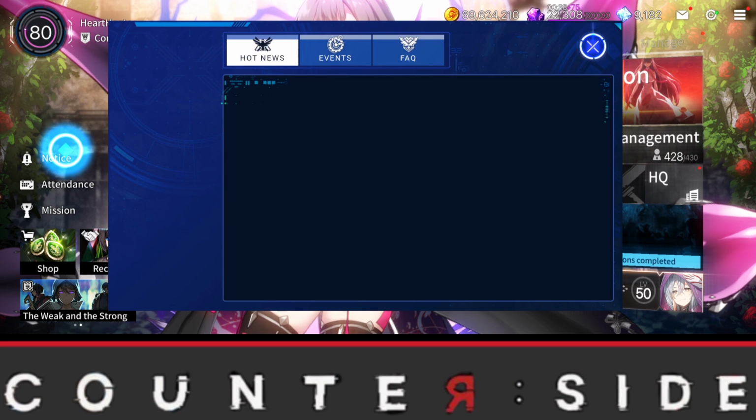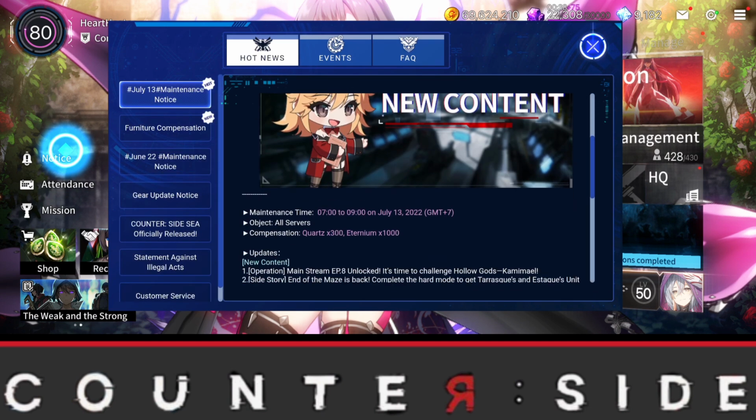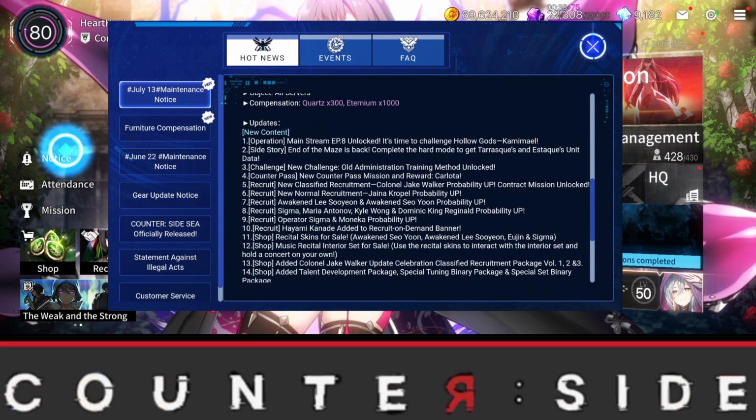So going over to the notice section over here, I'm just going to briefly go over it because I did not make a separate video for that, but I was actually right. So Awakened Jake is actually coming out, so that's actually pretty exciting. Two other SSR units are coming out as well. Now the new Counterpass character is known as